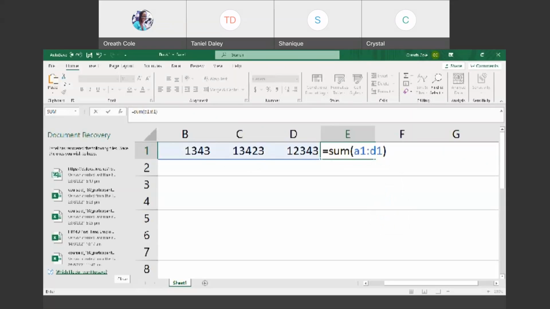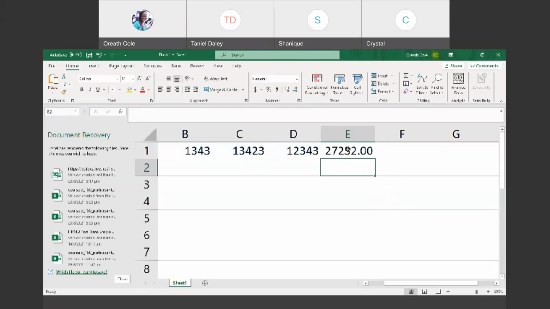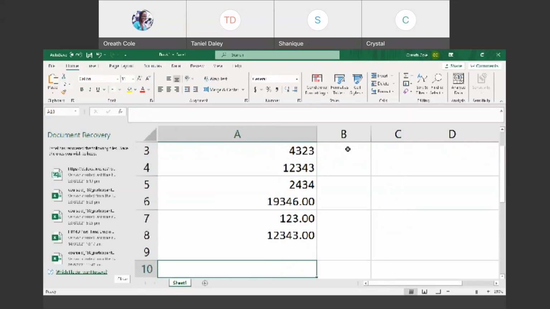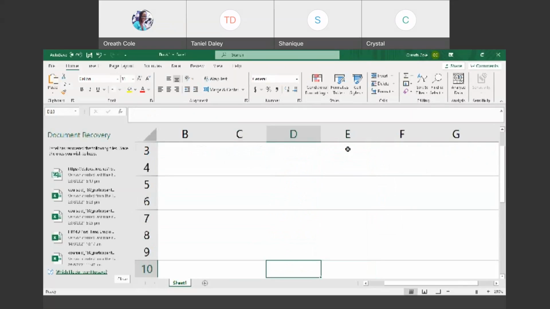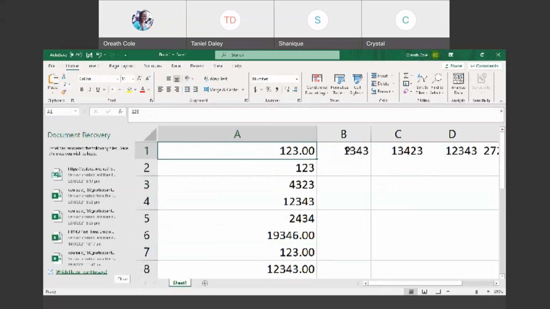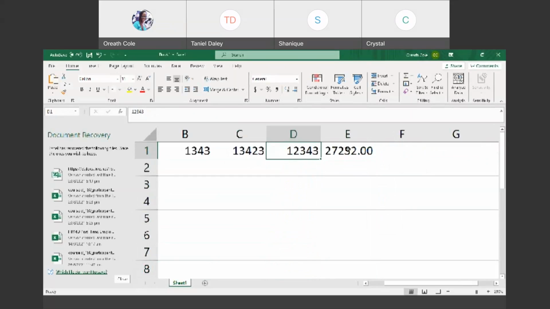Good. Yes, so your formula can go across or your formula can go going down. So be mindful of that. Formulas can go across or going down. Right. So those are some of the